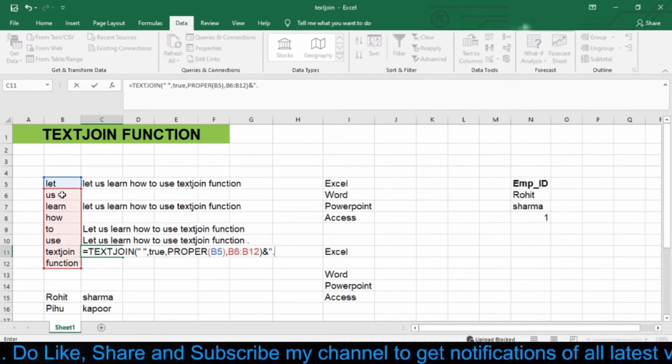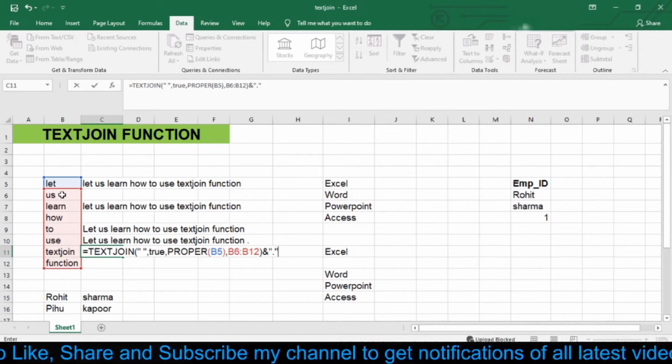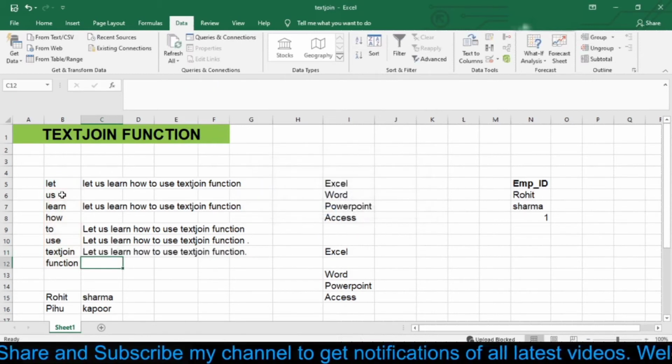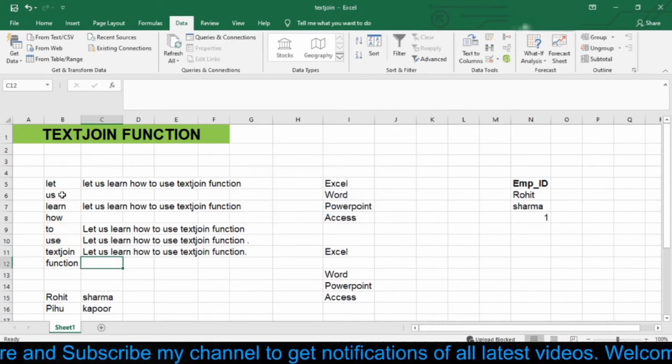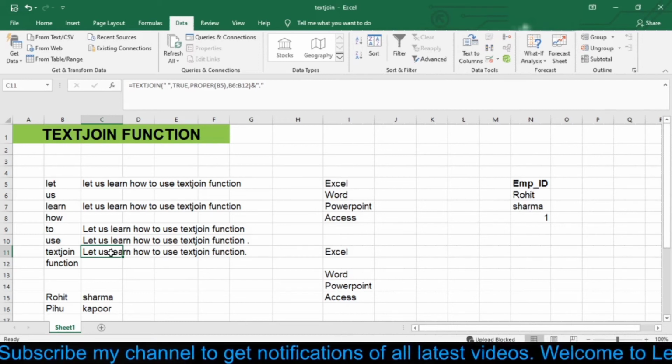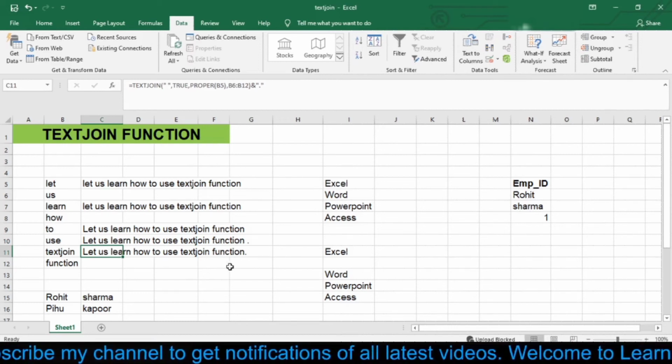So now my text is perfect and there is no space between function and full stop. So this is how we can use the TEXTJOIN function in Excel. Now let's move on to our next example